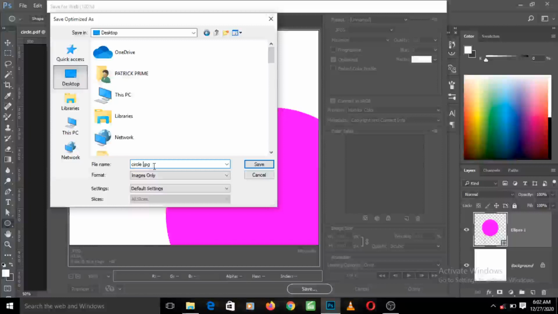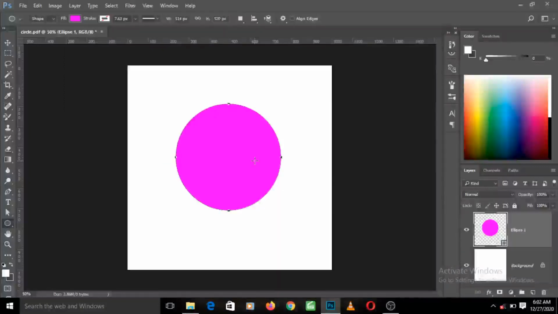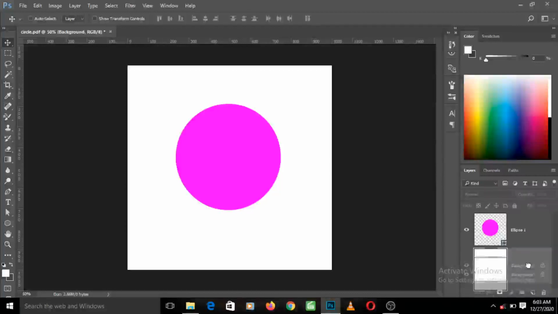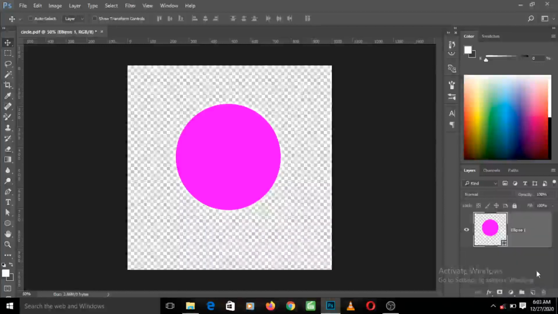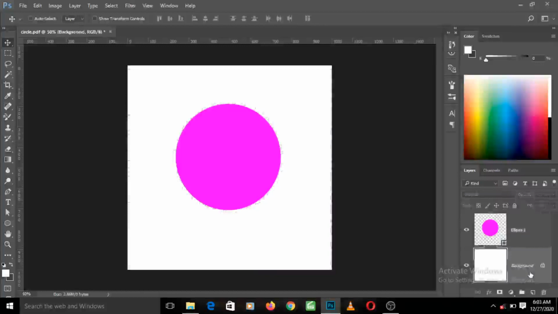So the second and final one I want to show you is, what if I want to save my image without a background? If I have this image now and I look at the layer panel, it has a white background. Now if I come here and drag it to this delete box, or let me undo what I just did. Control Z is to undo. Remember to check out the keyboard shortcuts, but to undo is Control Z.